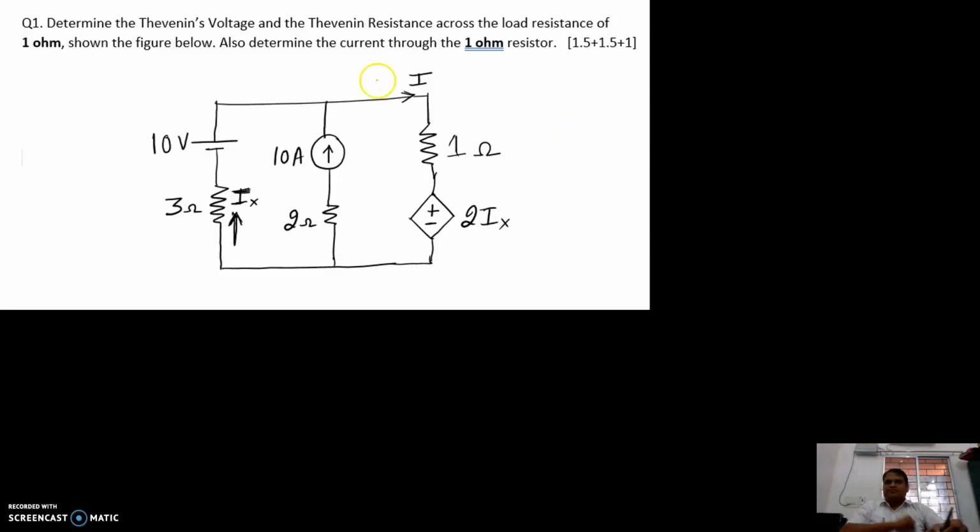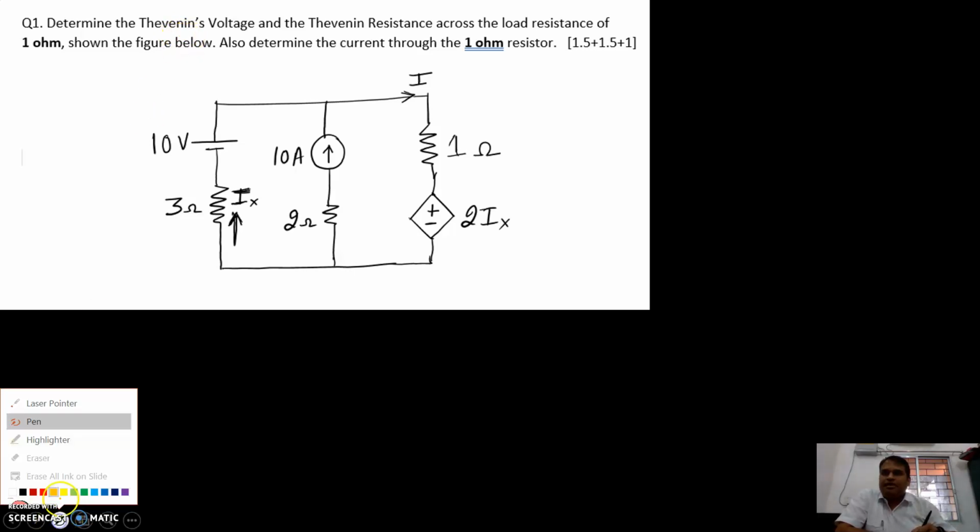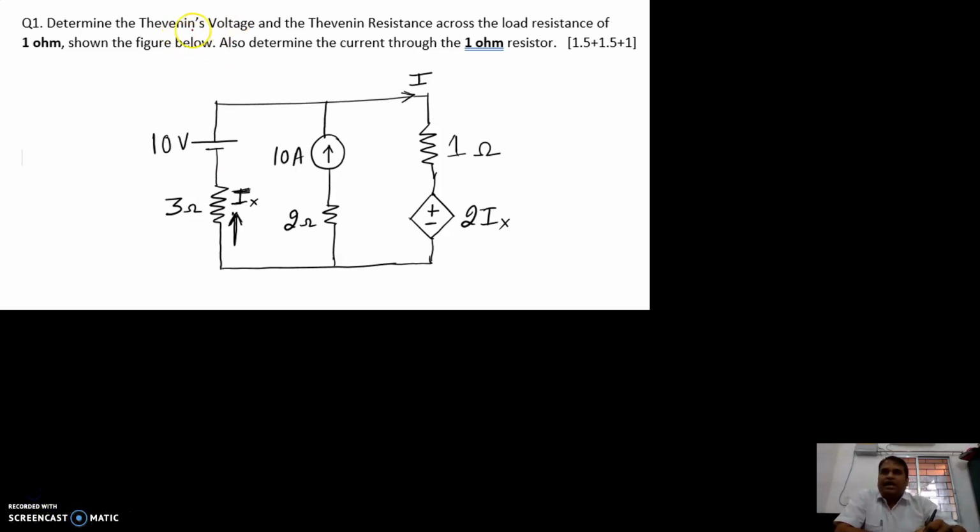So here the first question was asked: determine the Thevenin voltage and Thevenin resistance across the load resistance. The load resistance is 1 ohm, and this is the load resistance. So obviously, when this is the load resistance and you have been asked to determine the Thevenin voltage and Thevenin